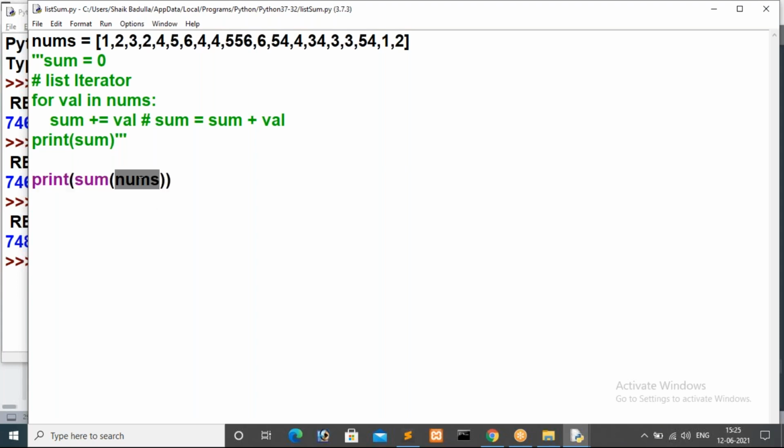While performing this sum of nums, you have to check whether the list has any characters or alphabets in it. If there are no characters, then there is no issue, you can perform the sum. Otherwise it can't perform addition with characters.